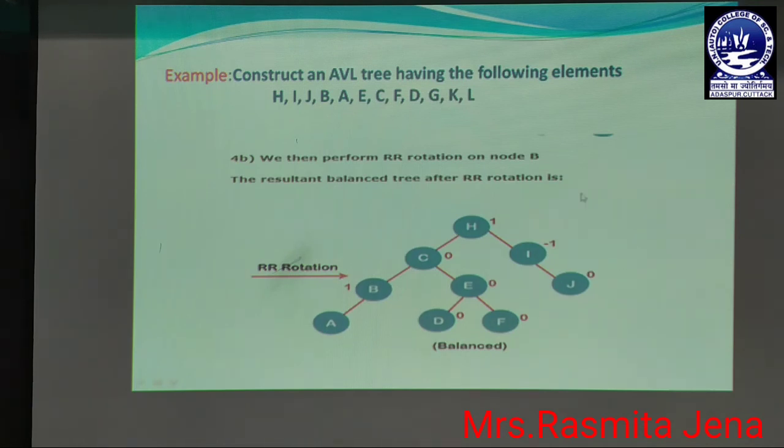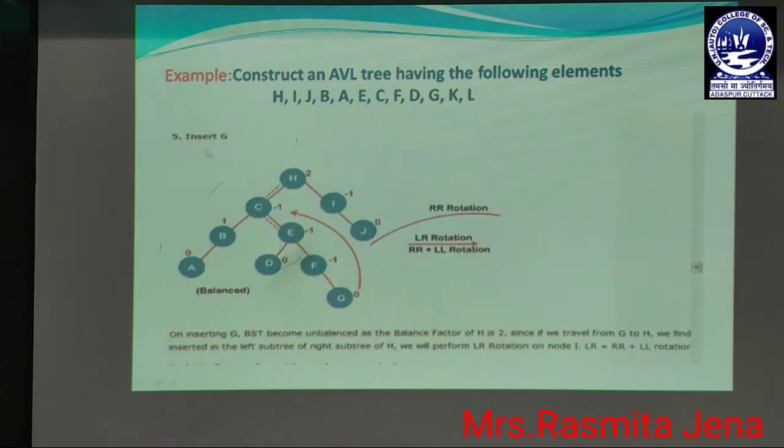Okay. So next we will insert the next node, that is G. When we insert G, let's compare G according to the alphabetical order. So as per the alphabetical order, it will be inserted at the right node of the right subtree of the node C. Okay. So when we insert G, let's calculate the valence factor. The valence factor of all the nodes, that is A, D, G and J, are 0 because these nodes don't have any left subtree or right subtree, and the valence factor of the nodes B, E, F, C is 1 or -1, but the